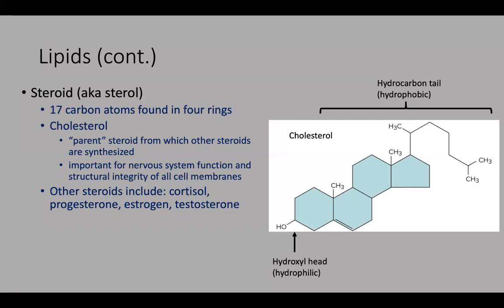All right, so those are our steroids. You should be able to tell the difference between those different categories of lipids based on what the molecule looks like. So for instance, steroids have those 4 carbon rings with a little tail. Triglycerides have 3 fatty acid chains, that kind of stuff, as well as some of their functions in addition to the overall structure.